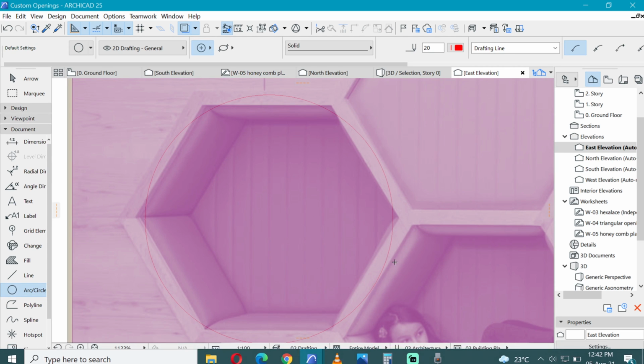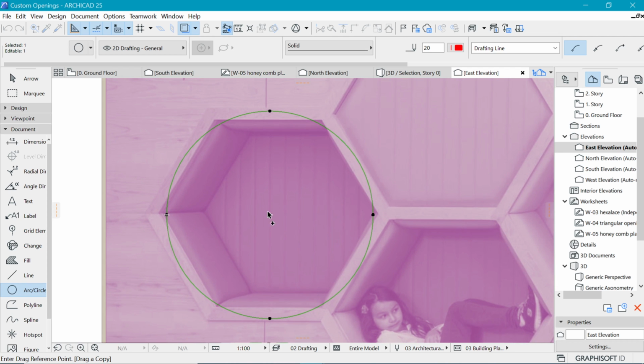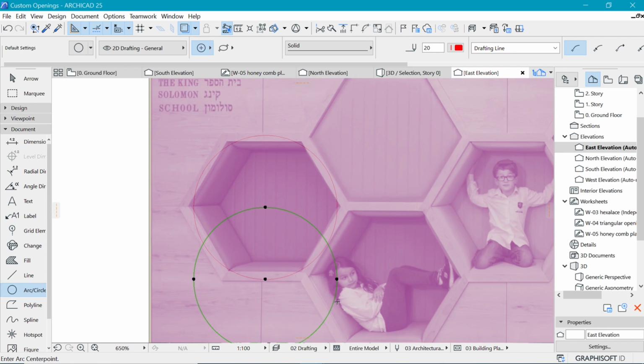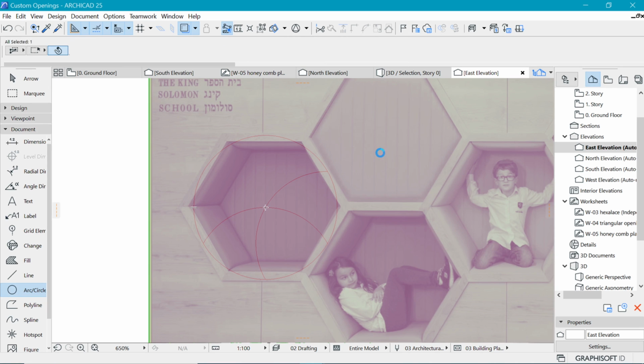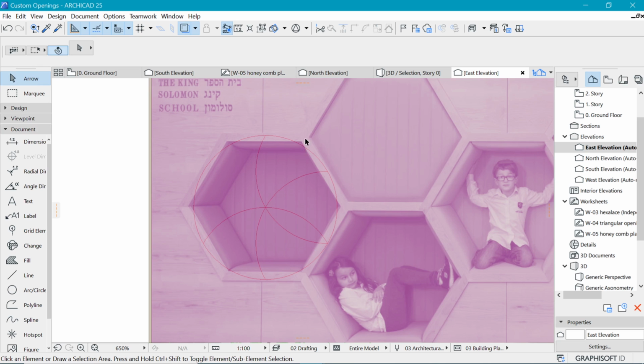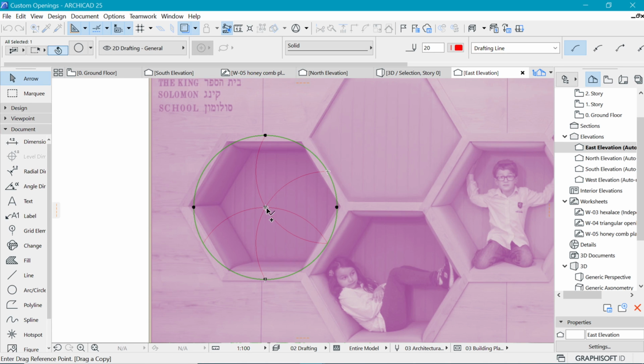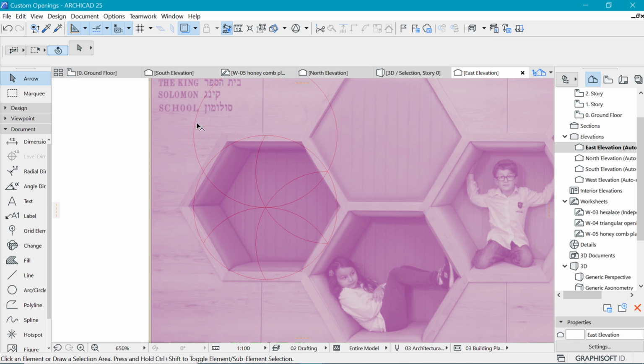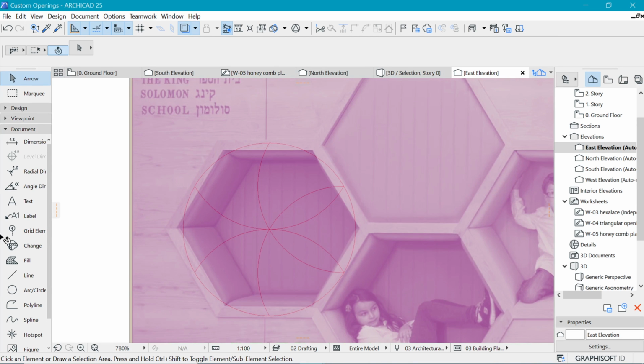So that will work, and of course I'm going to need its radius, so I'll pick this, put it here, Control click to remove that, pick it again, put it onto the next one, Control click to remove this, once more, put it here, Control click to remove that, and finally here, Control click to remove that, and now we can begin to draw